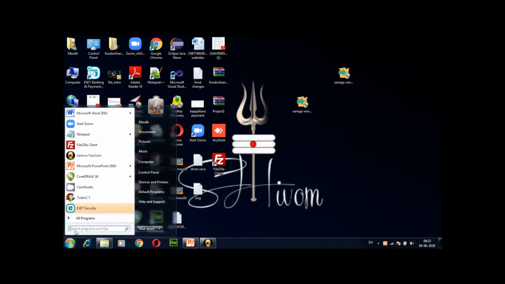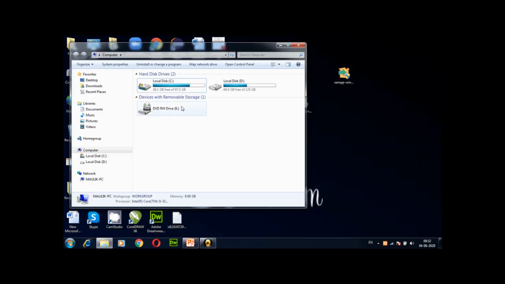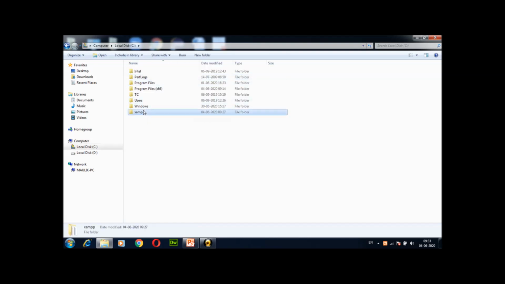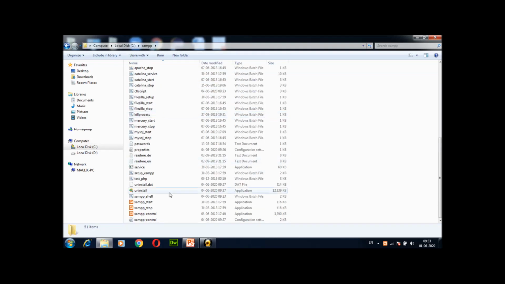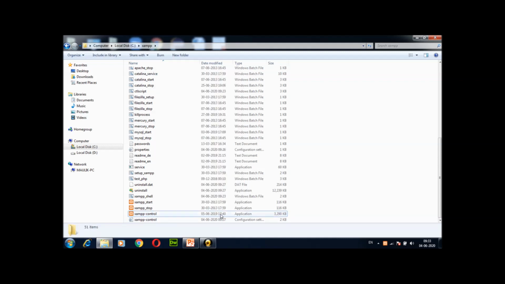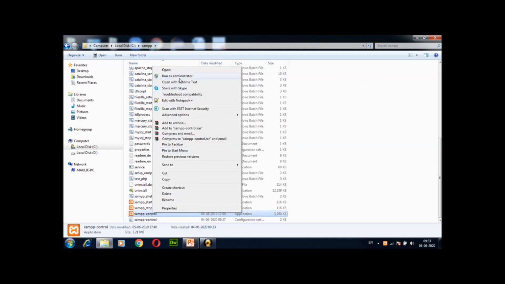So first of all I am going to take one shortcut. The shortcut is taken from our XAMPP folder, the control panel application file. I am going to right click this application. See, XAMPP control, this one. Right click on this and send to desktop.